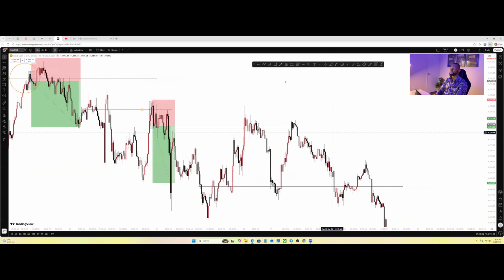Same thing goes to the next one. Same thing, key level, price gets to the key level, slows down a little bit. We are not taking any entry until I see a candlestick closure below or above my zone, below my key level when I'm selling and above my key level when I'm buying. And I need to see a strong candlestick, okay? No matter the kind of bullish candlestick that I'm seeing, if I'm selling, I need to see a strong bearish candlestick below that zone, signaling me that the sellers are in control and they are ready to